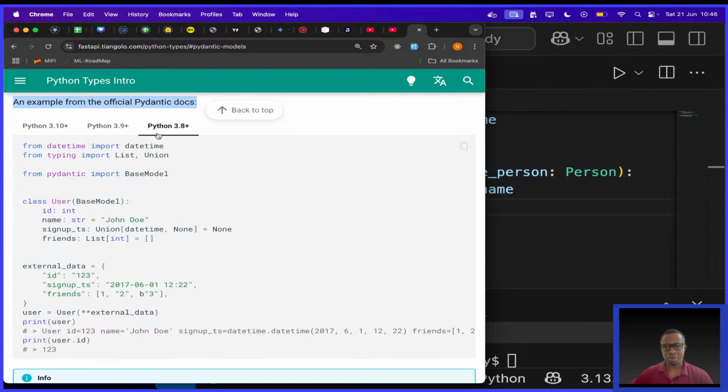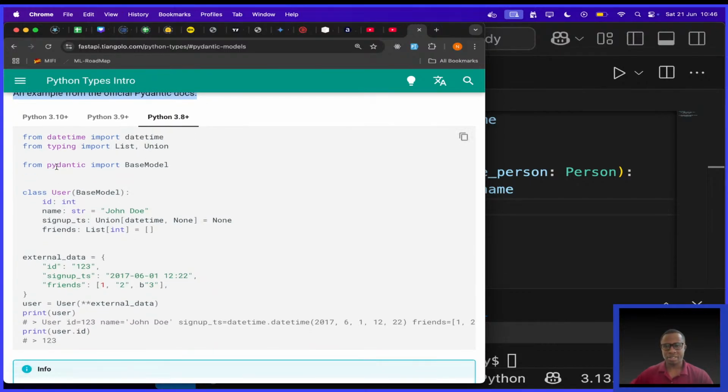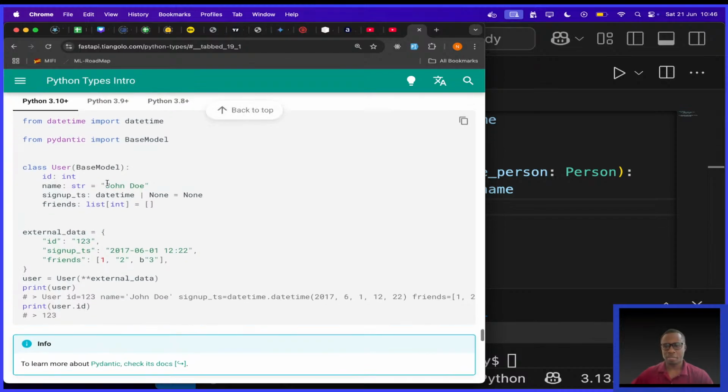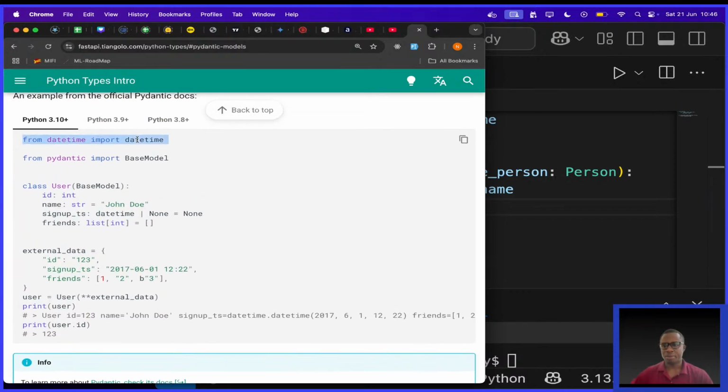Then they give an example from the official Pydantic docs. They use Python 3.8, but let me use 3.10 because it's what I'm going to use going forward. So they import datetime, and they import BaseModel from Pydantic. Then they have a class called User, which inherits from BaseModel, and has three public class attributes.